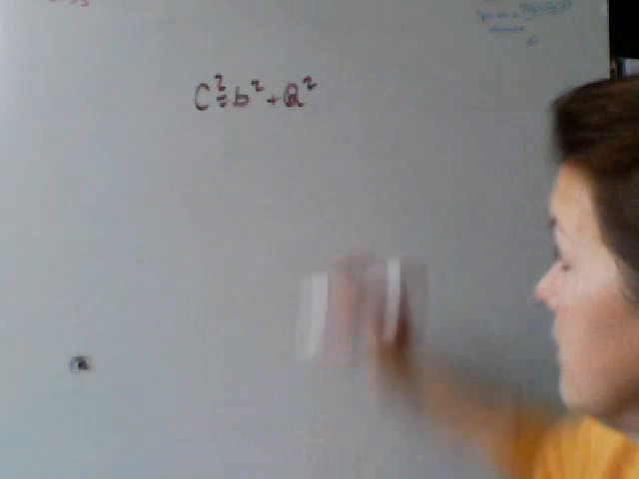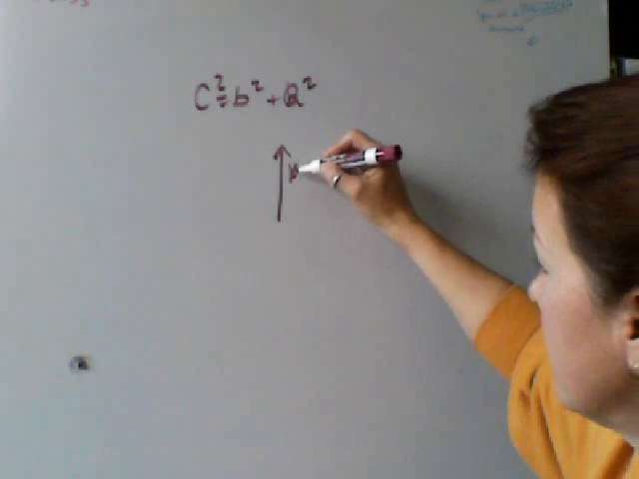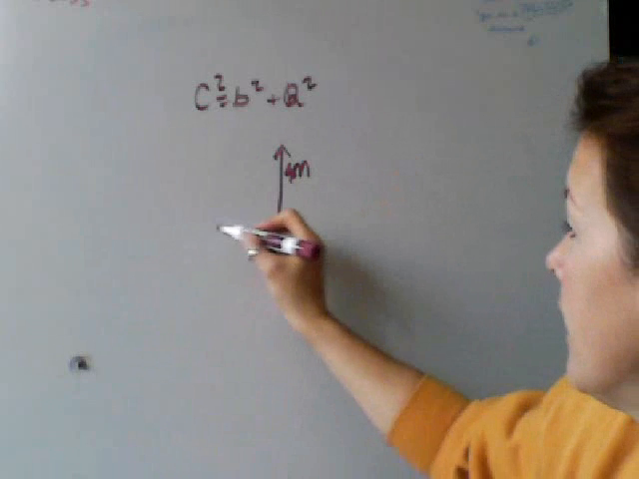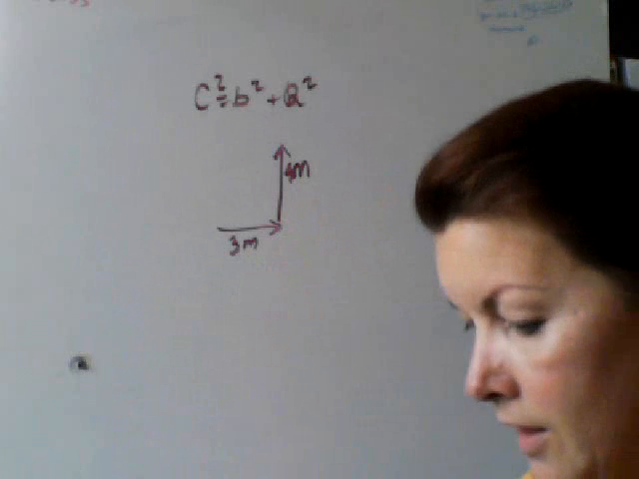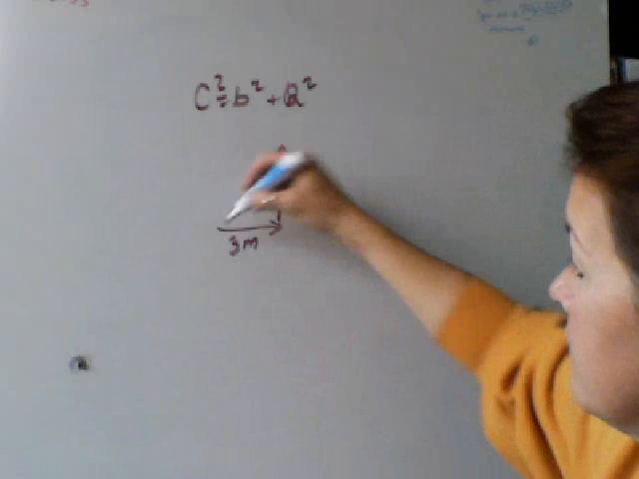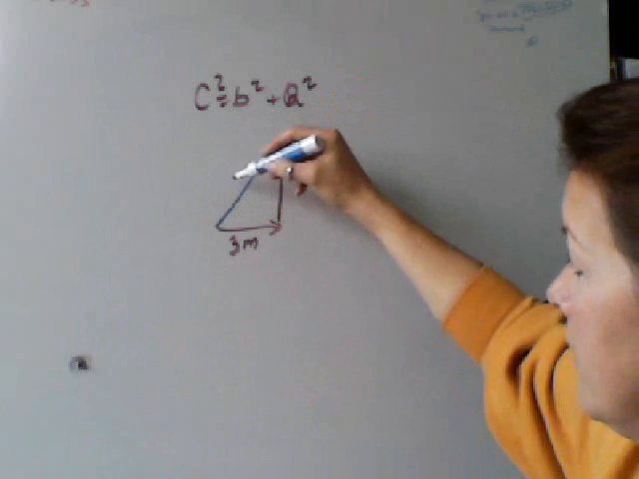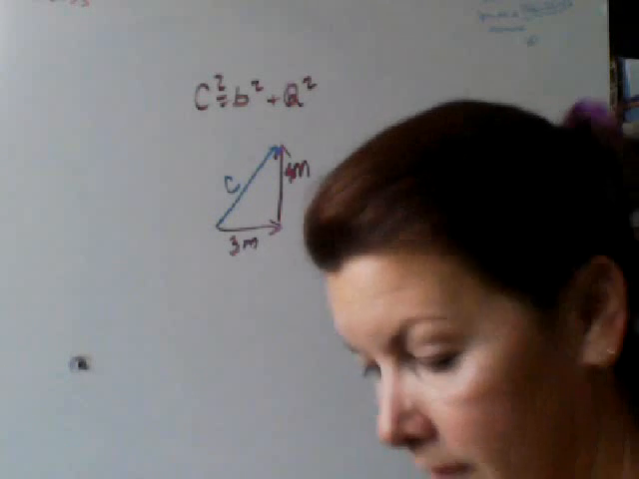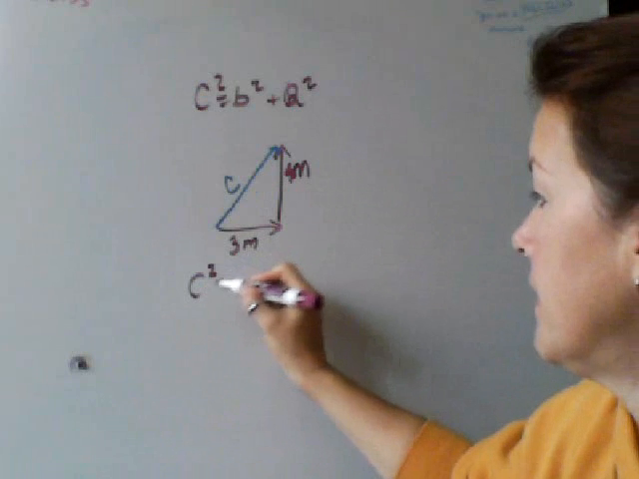So our first triangle says that it is 4 meters to the north and 3 meters to the east. So our resultant vector, remember, goes from the tail of one to the head of another, and this would be our side C. So using our Pythagorean theorem, we can say that the square of side C is going to